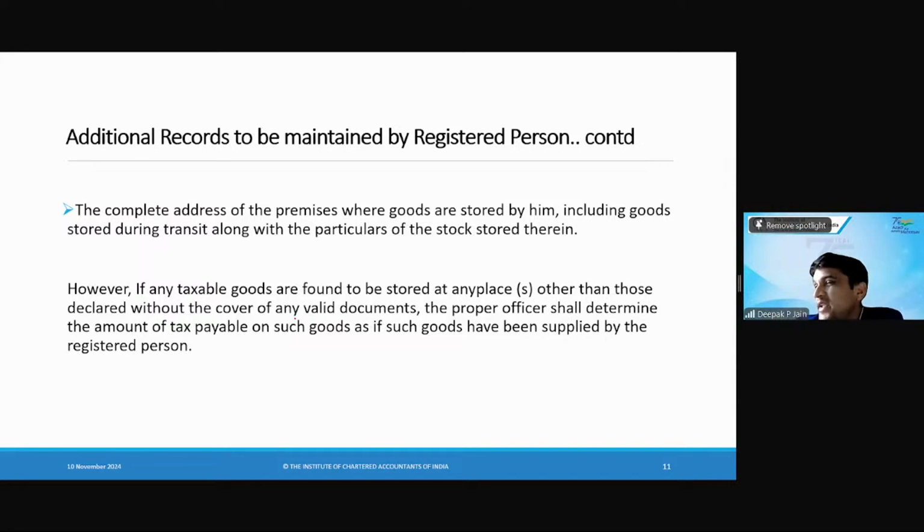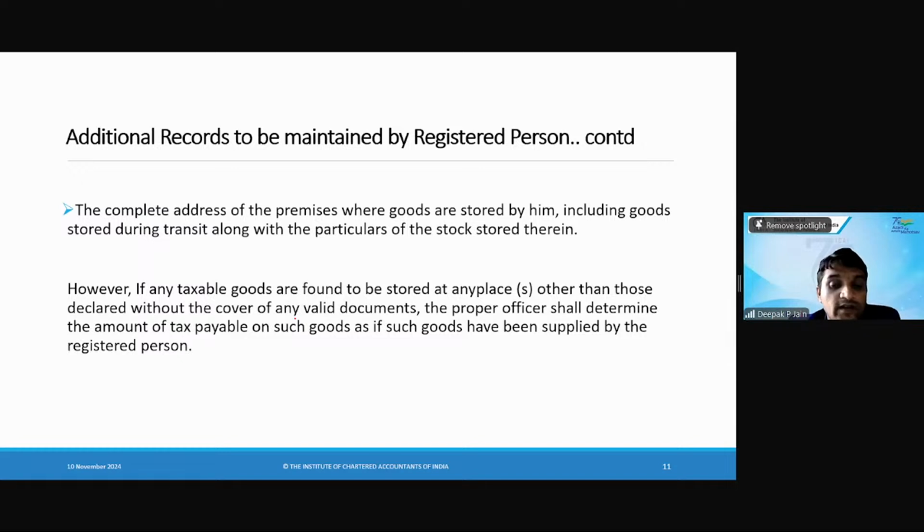मतलब क्या है? मैंने रजिस्टर कर लिया मेरे गोडाउन को, और गोडाउन पे मेरे गुड्स हैं, ठीक है, वहां से जो भी मैं सेल करूंगा वो मेरे कंट्रोल में है, पता चलता है. लेकिन मैंने क्या किया, एक और वेयर हाउस ले लिया है, और उस वेयर हाउस में 2 नंबर का काम करता हूँ, और वो सेकेंड वेयर हाउस का रजिस्ट्रेशन सर्टिफिकेट में डिटेल नहीं है. अगर ये टैक्स ऑफिसर को पता चल गया, then whatever taxable goods are found other than the declared place,